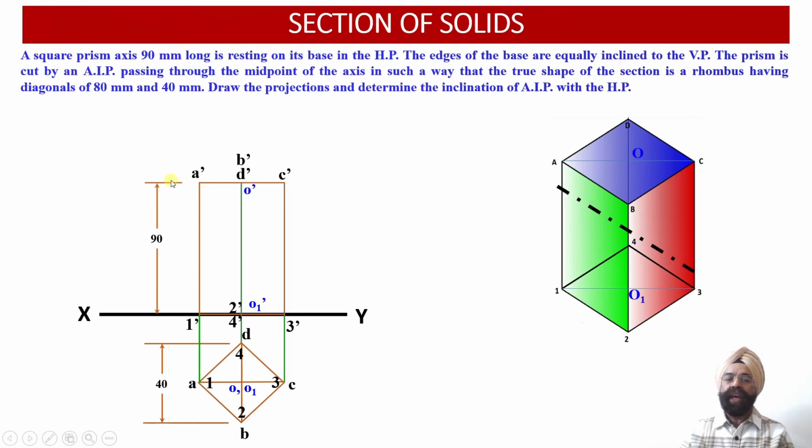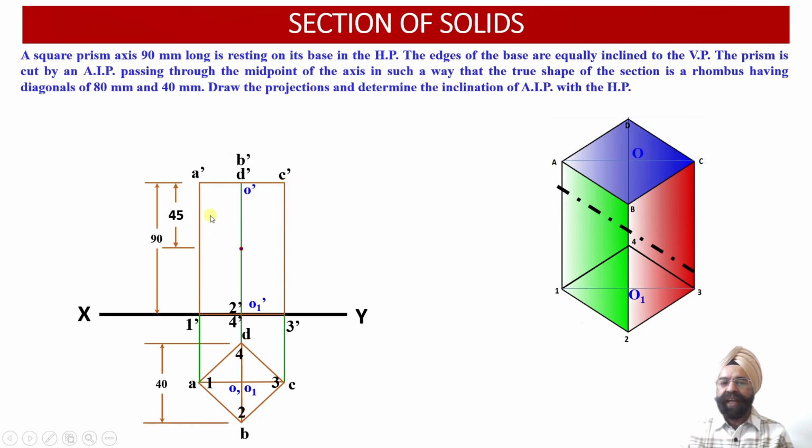Now we have to locate the midpoint of the axis in the front view projections. We know that this is the axis which has been represented as 90 millimeter height into the front view projections over here. So O', distance happens to be 90 millimeter. Now let us locate the midpoint of the axis over here. So once we locate the midpoint of the axis, now we have to draw two arcs from this particular point onto the vertical edges A' and